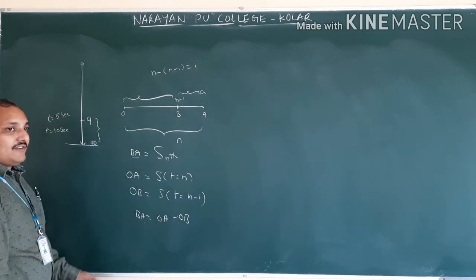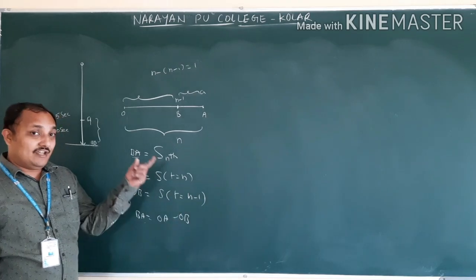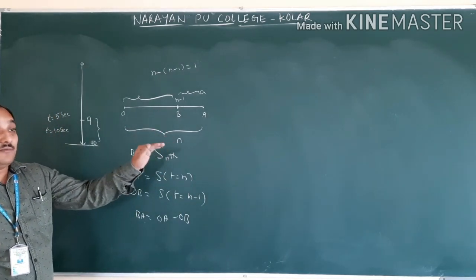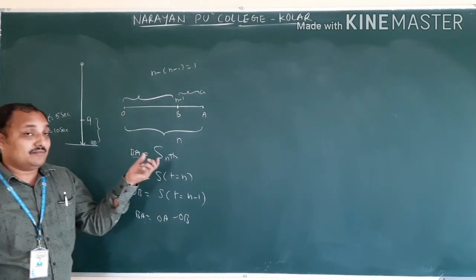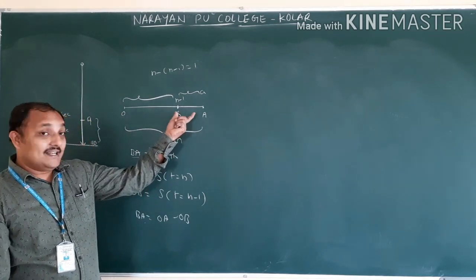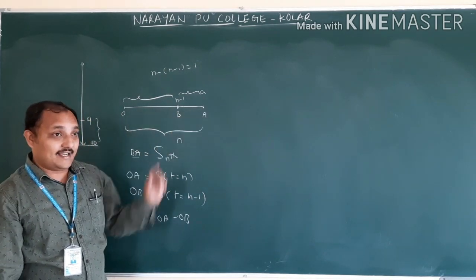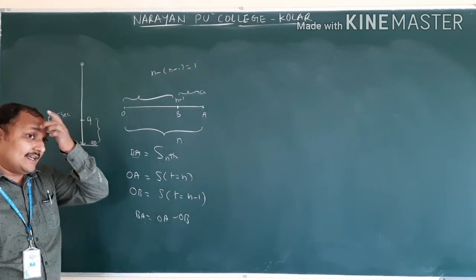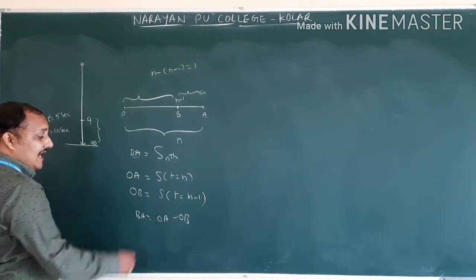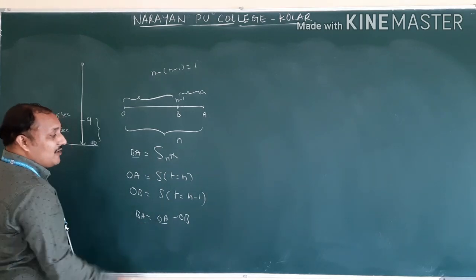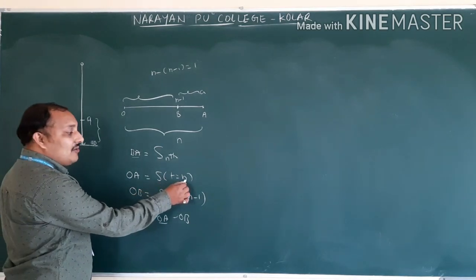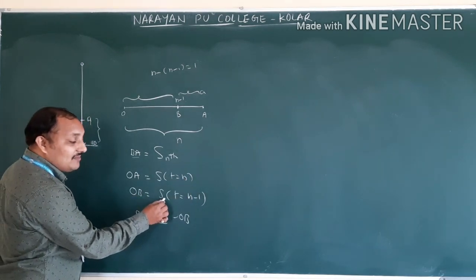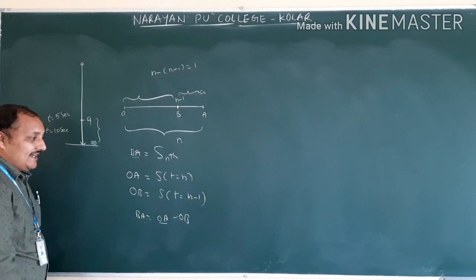They won't ask this as a 5 marks question. Only that one equation we have to remember. Why I am saying this: whenever they give problems on it, you have to understand that it is nothing but the distance covered in the last second. Some people will substitute time as 1 second. You should not take it like that. Therefore I am giving the equation. What is OA here? Distance covered by the object in n seconds. What is OB here? Distance covered by the object in n minus 1 seconds.